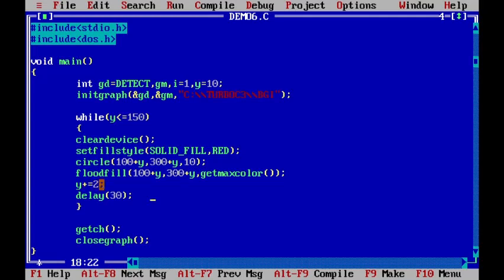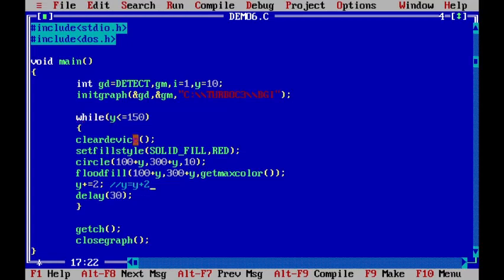Now y plus equals 2 is also written as y equals y plus 2. So y plus equals 2 means that I have incremented y every time in the loop by 2. Delay 30 means that the forming of the picture in our graphics mode will be delayed by 30 milliseconds. Now since we have to apply this consecutively, I have used a while loop.